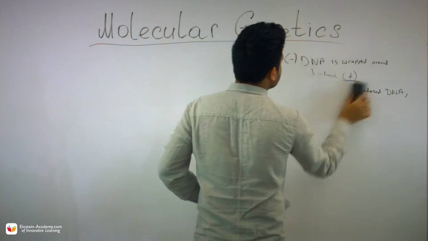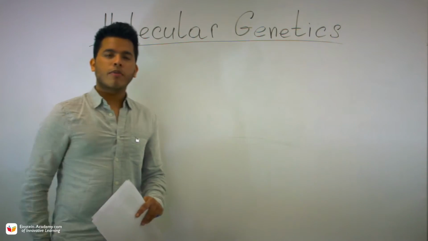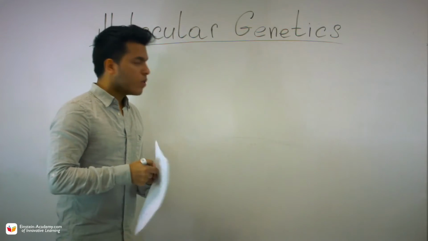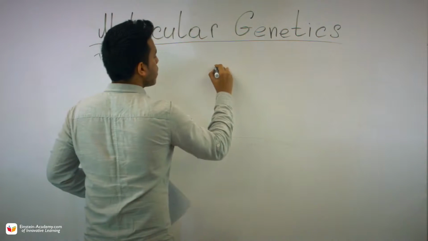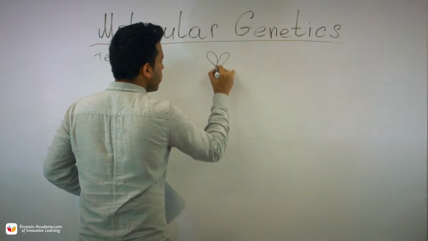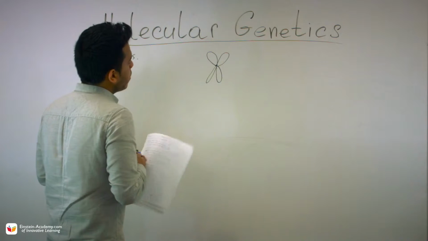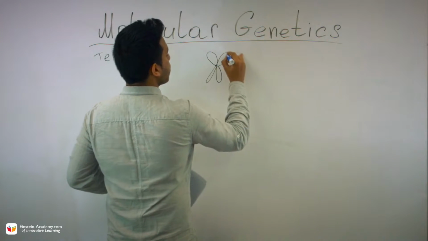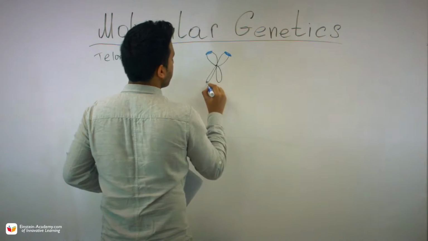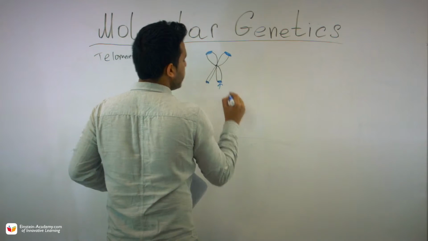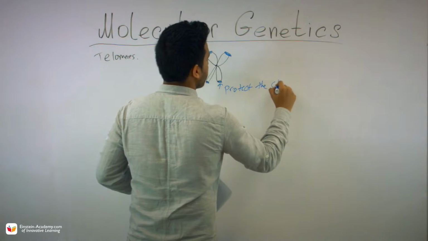So this is regarding transcription, and now I want to go back to replication. We've talked about telomeres, and I've told you that we're going to come to another video and talk about telomeres. Telomeres are found on the chromosome end. So here's my chromosome. We have 23 pairs of chromosomes in each cell of the human body, and the ends of the chromosomes are referred to as the telomeric regions. These guys basically protect the chromosome